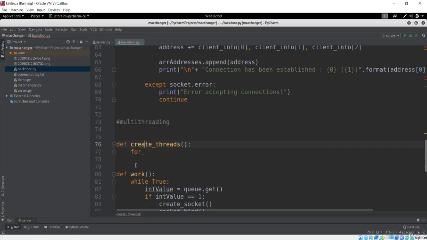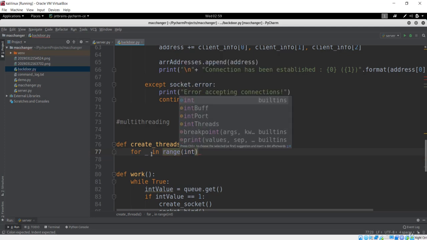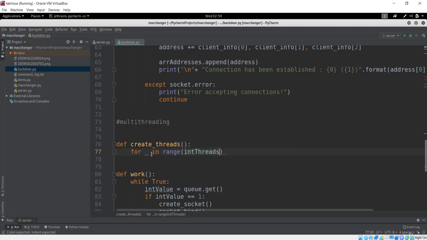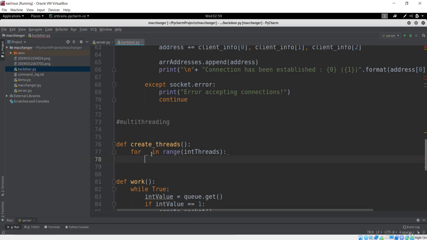So, I'll go down again, and for underscore in range of integer threads, because we have given 2 threads, that means we'll create 2 threads. It will loop over the list of elements 1 and 2.